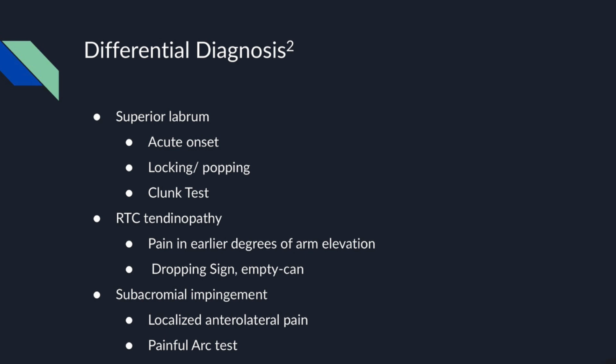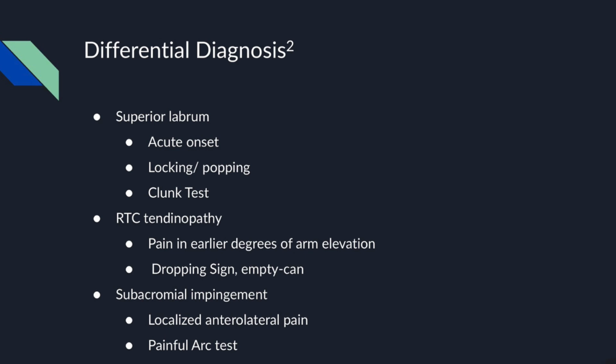bicipital tendonitis. But you can do the clunk test, which is supine, one hand on the posterior aspect of the humeral head while the other hand holds the elbow. Well, the humerus is proximal to the elbow, and the clinician fully abducts and pushes anterior to the humeral head while the other hand externally rotates. And that clunk, like in the test name, should be the clunk-like sensation that you might feel if a labral fragment has found its way into the